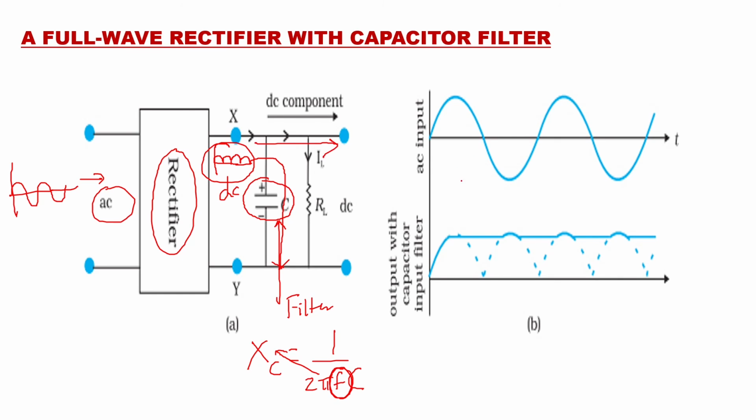So here you can see this was actually the output of the rectifier. Now that output of the rectifier after the filter is shown as this, where you can have charging, discharging, charging, discharging of the capacitor, and the output remains at the top line. That is, the output remains constant at the peak, and you will get a pure form of DC. You are getting it because of the filter circuit which you have connected after the rectifier.